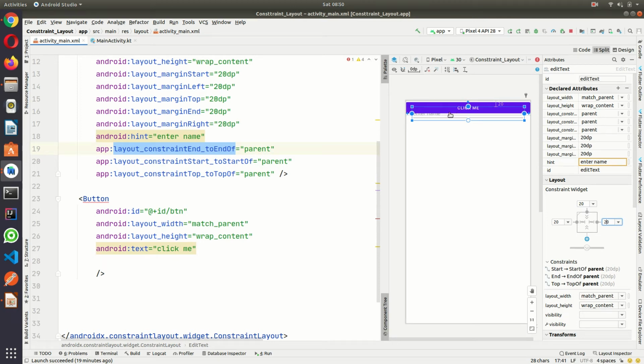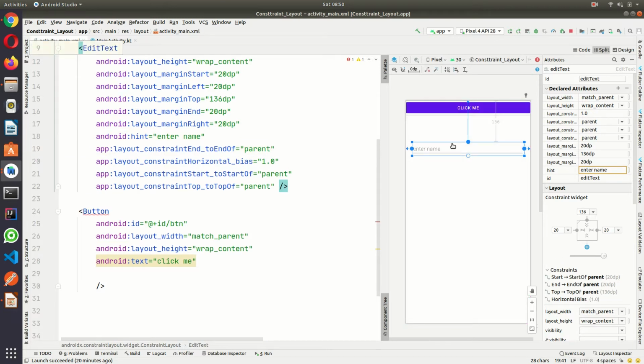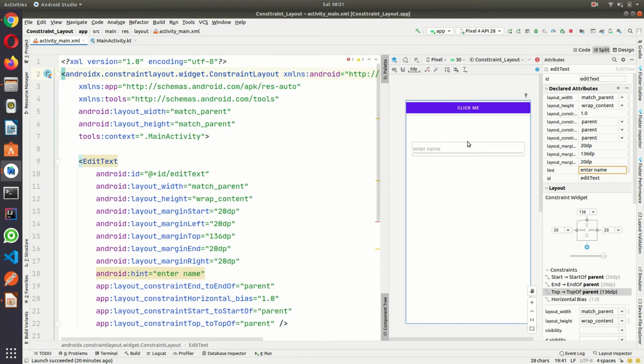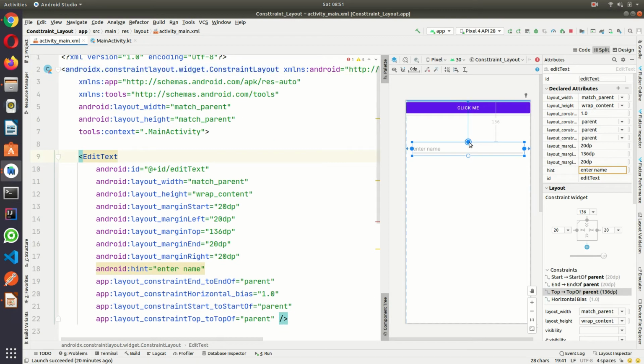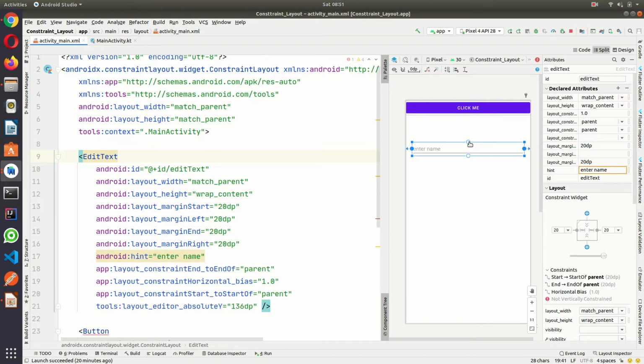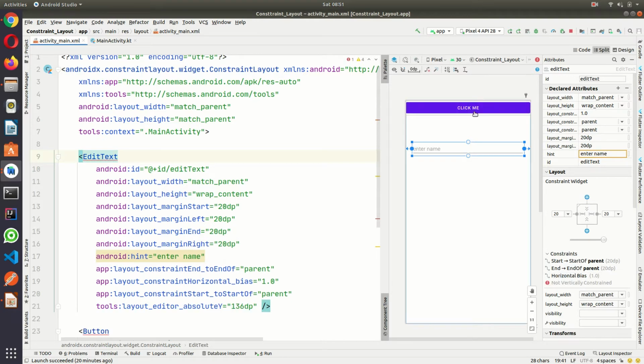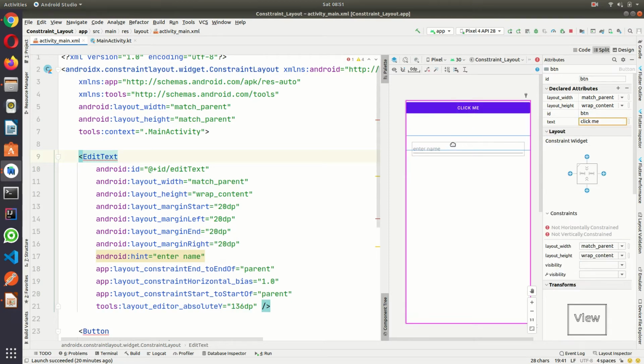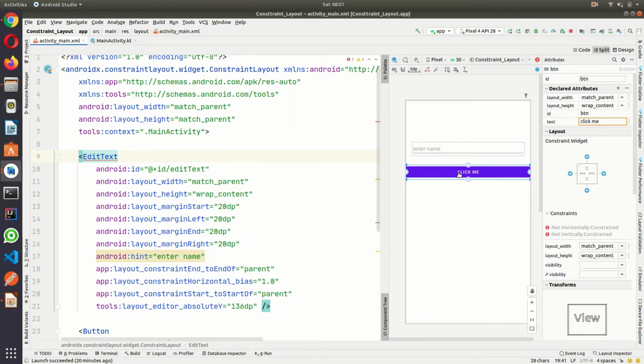this edit text. So what I can do directly, either I can drag here and these are the 4 constraints where, if I click over here, it is directly attached to the parent. Okay, I don't want this. I am just going to click here, or you can click delete, it got deleted. Okay, so I wanted the button below that.